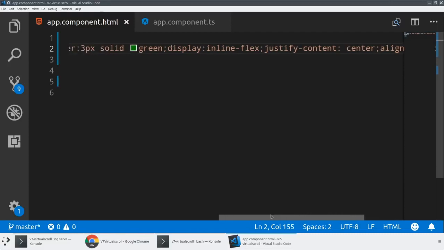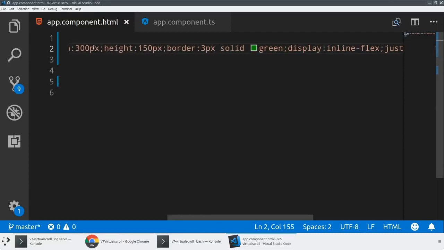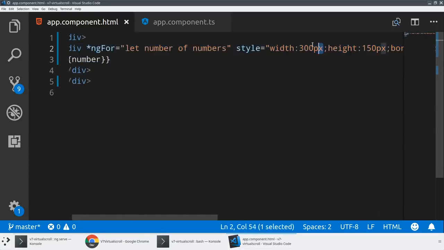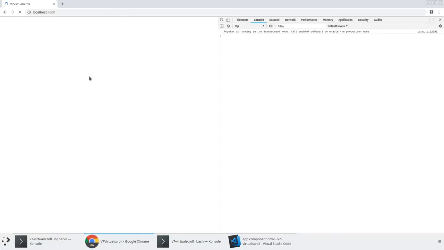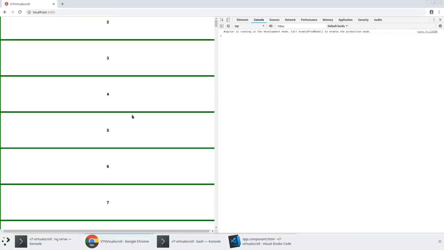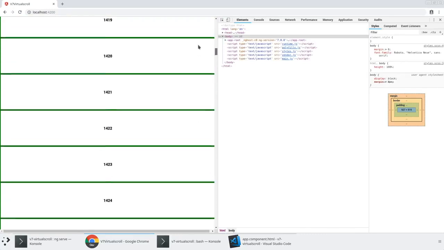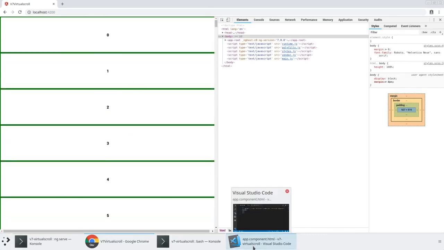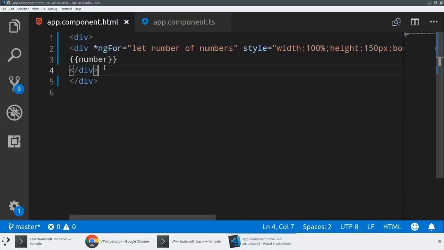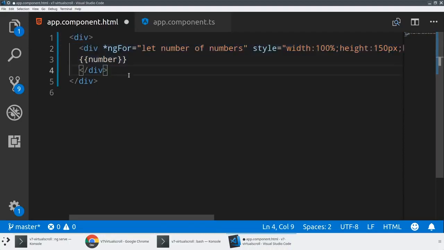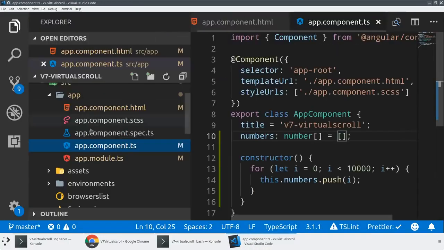And now what we're going to do is add virtual scroll. So I'm just going to put width back to 100% here. All right, so we've got a bunch of boxes, but obviously all of these are being loaded in the DOM. So the DOM has to render a lot of different data in order to even just visualize one tiny bit of this list. So what we're going to do now is go into our app module, and